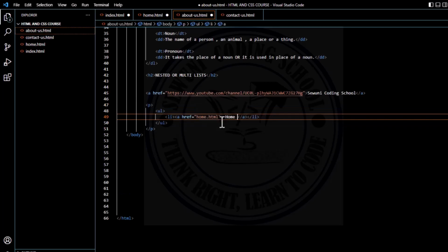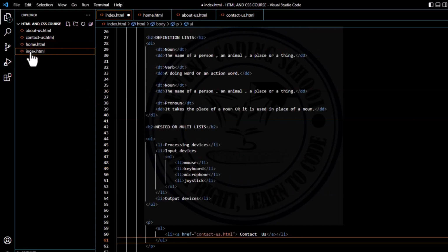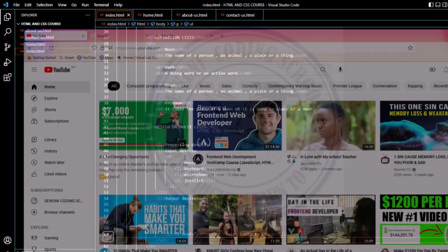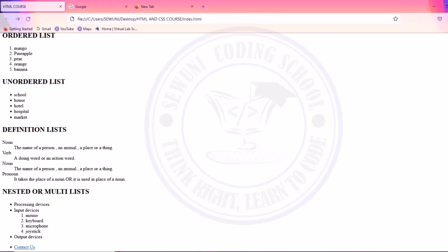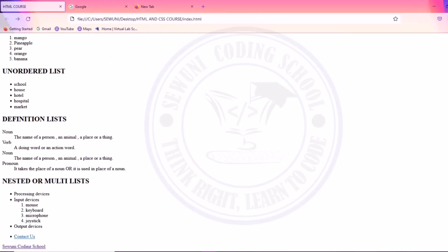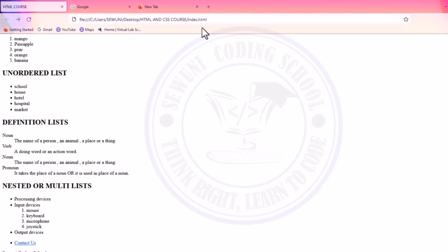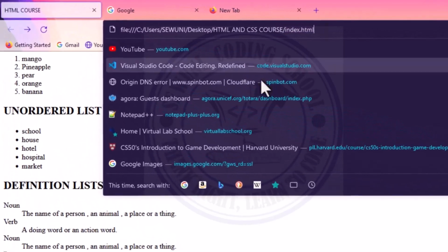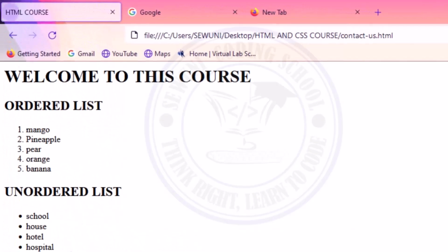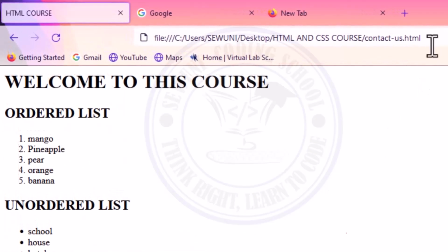Let me save all my files. Now let's view our page. This should be my index page. I can see contact us here. When I click on contact us, it must take me to the contact us page. Look at the name of the page, whether indeed it has changed. We are still on the index, so I'm trying to go to a different page on the same website. So you can see